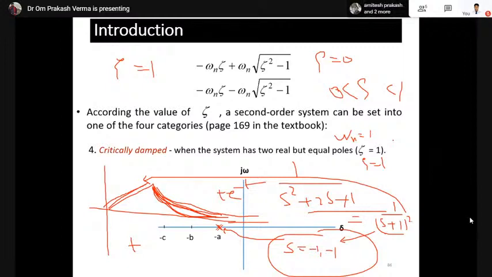Okay, sorry. So these four systems are very, very important for the control engineers. Overdamped systems are usually unstable, and we are not taking the overdamped system for the designing of any control instruments. However, we will see